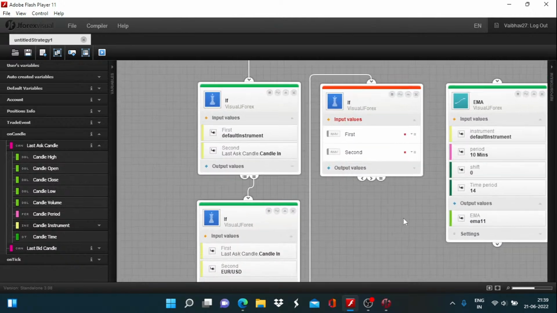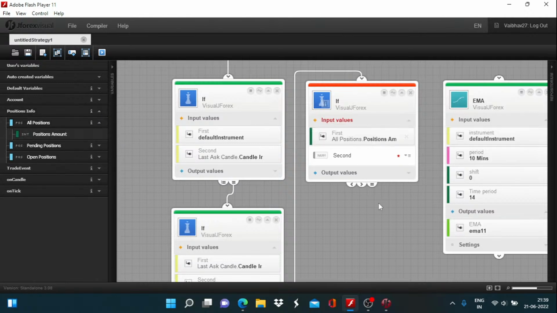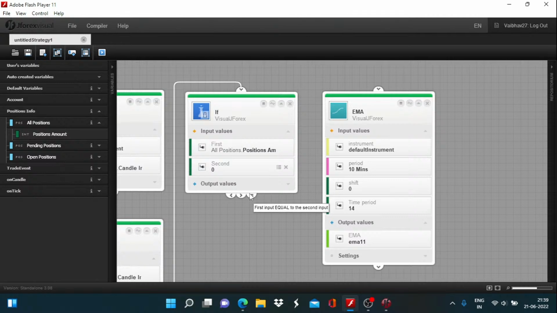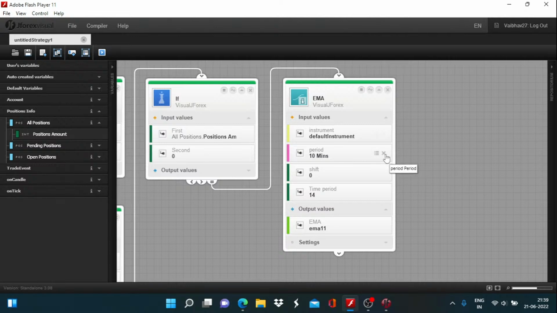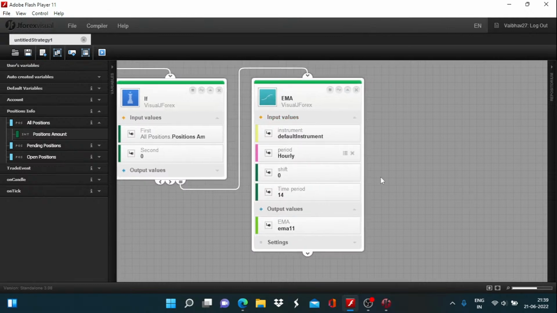Then I will define the position amount condition. All position amount should be equal to 0 to make sure there is no existing pending or open position already on the account, to avoid doubling down of any trade. Then we change this to hourly. The look back period will be 1,